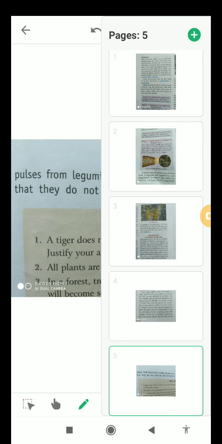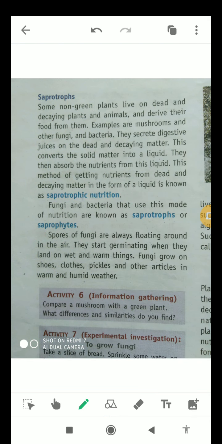And as we all know, we discussed some other things in heterotrophic nutrition, like what is heterotrophic nutrition and how heterotrophic nutrition takes place in plants, and I also told you about the parasitic plants like Cuscuta and Mistletoe. Apart from this, I'll let you know about the insectivorous plants as well. So today we start from saprotrophs.